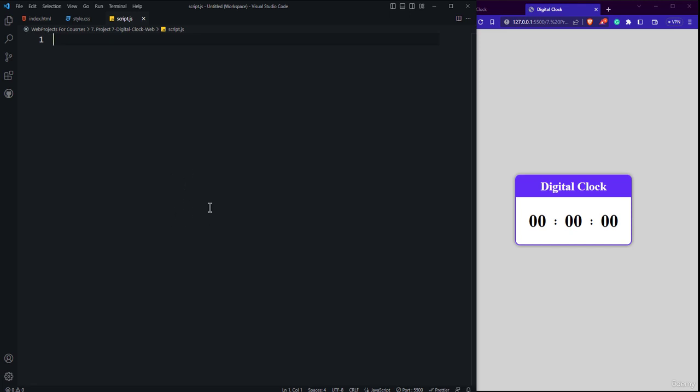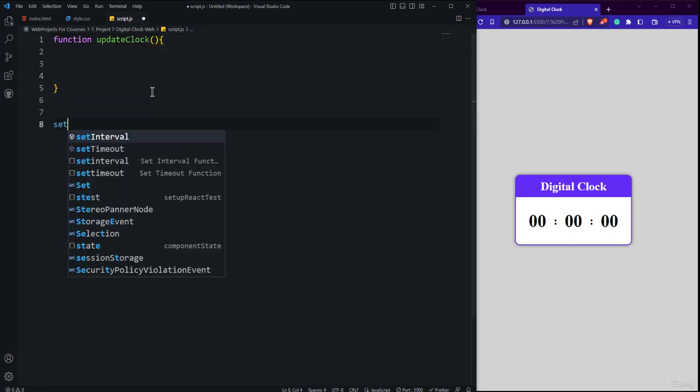We are going to call this function outside of the project by using the setInterval method, meaning after 1 second we are going to call this function once the project is loaded into the browser. So first we need to specify the function. The function name will be updateClock, and we are going to call